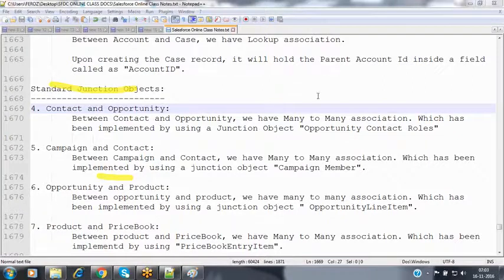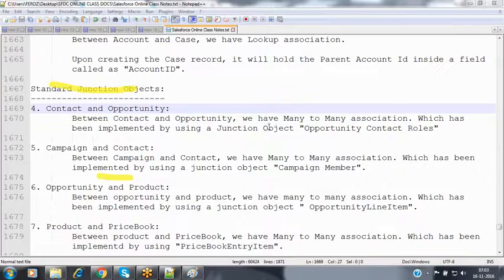Thank you. Yeah, Firoz, one question on this: you said that opportunity and even contact have a foreign key field which holds the account ID, right? Yes. So how do I see that?